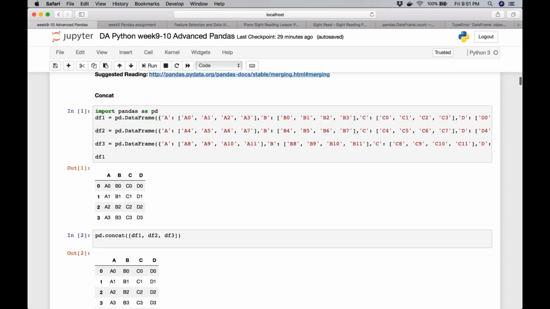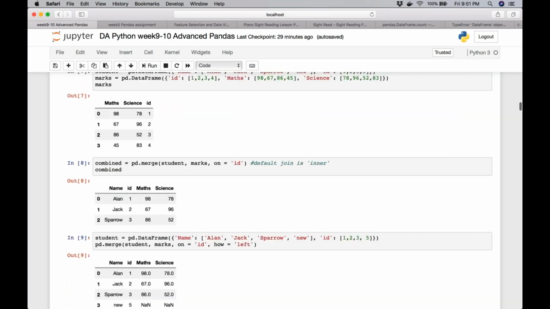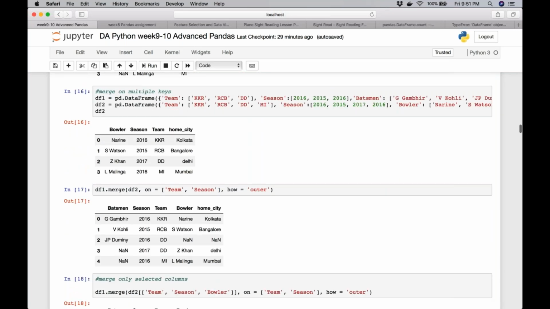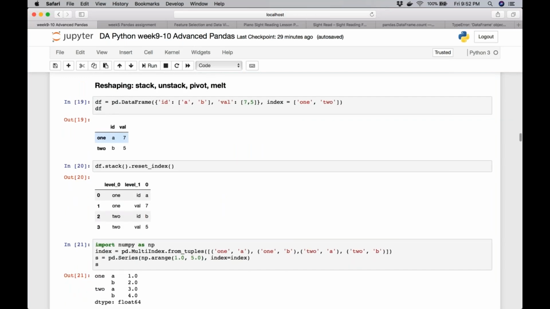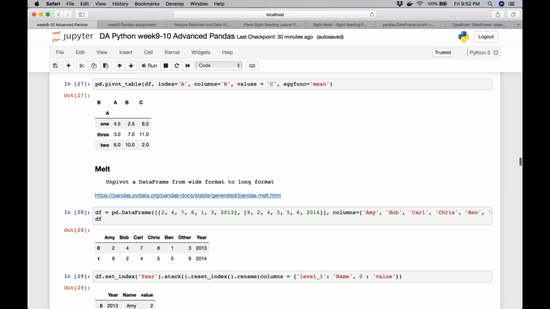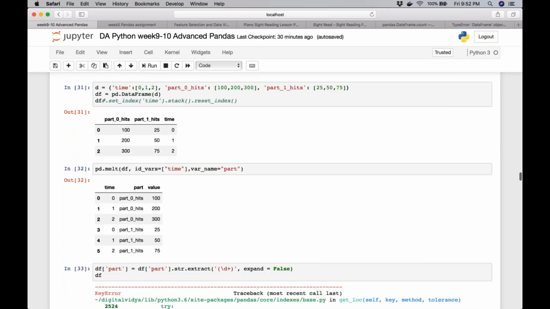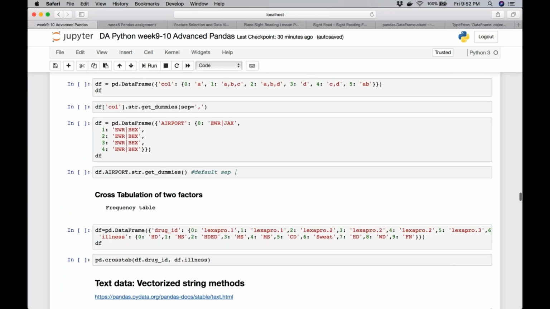So there are various kinds of merging and joining and concatenation that we're going to talk about. Merge is a fairly large topic. Second is the reshaping. I introduced pivot in one of the earlier sessions. We'll talk about it in more detail. So pivot and melt are essentially the same thing, just opposites.